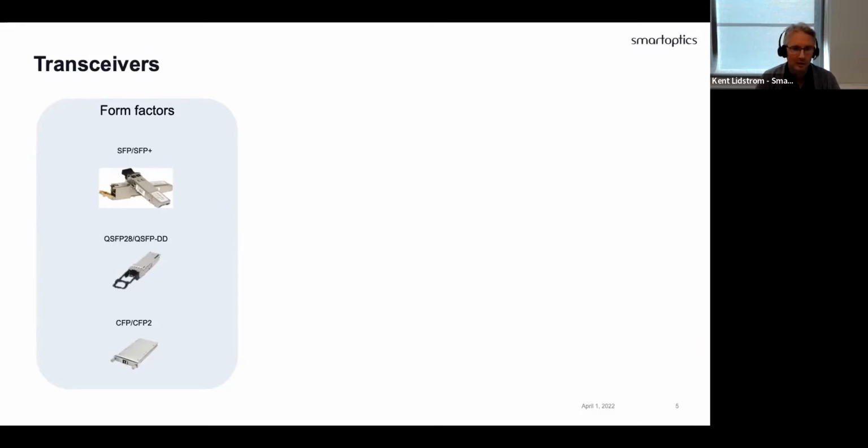And why do you want to get to the smaller form factor? Well, you want the density on the front plate of the switches and routers, so you can get as much data in with the least amount of space consumed. Then if you jump one ahead,